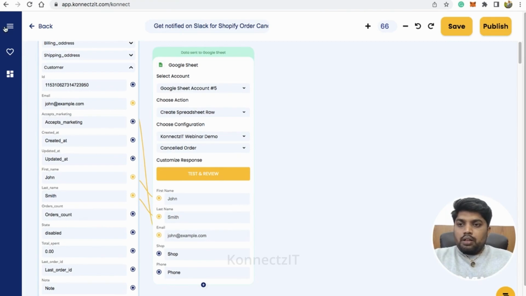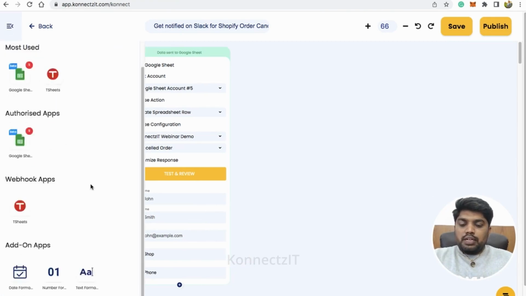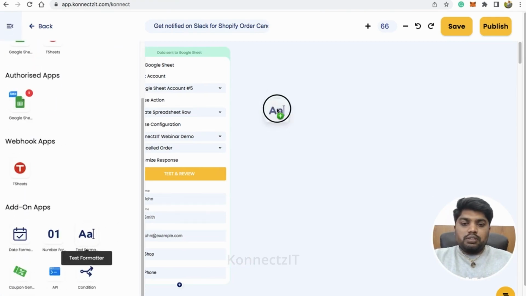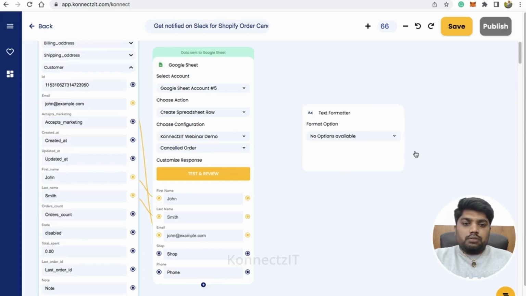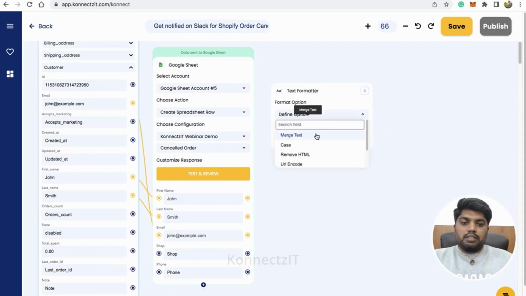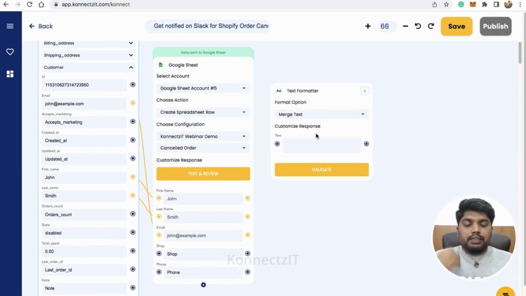Before that I will use the KonnectzIT text formatter. This is to format the body content. I will be using the text formatter and select the option as merge text. Basically I'm creating a merge text option and selecting all the details from my Shopify store. Just connect these nodes